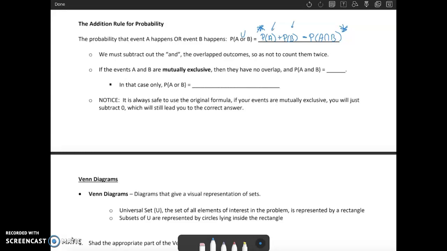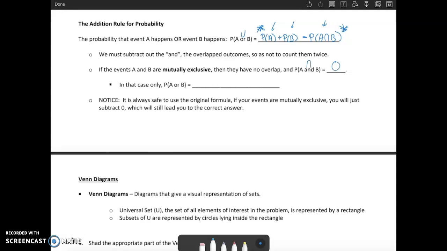Because they were in both of them, they got counted twice. So therefore you have to subtract one of those out. Otherwise you're double counting people or objects. In the event that you have mutually exclusive events, if A and B don't actually overlap, then this intersection part